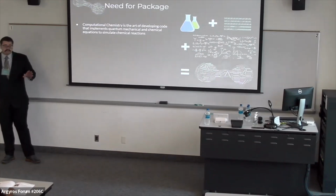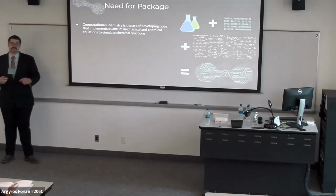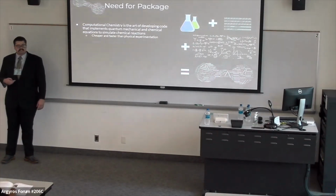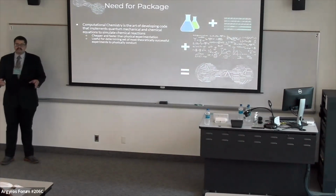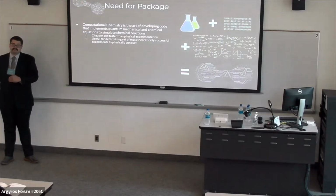To put it simply, computational chemistry is a combination of computer science, mathematics, and chemistry theory to create a computer application that simulates the outcome of the reaction. Now, the reason why this is useful is that it's cheaper and faster than actually doing the reactions physically. For example, if you want to discover some new material, and let's say you have 1,000 reactions you want to do for 1,000 materials, to find the best one for what I want, right? You can invest all that money and time in doing the physical reactions, or you can run it virtually